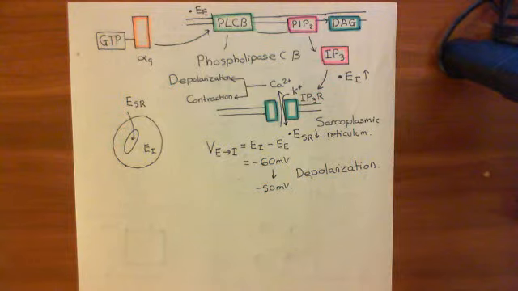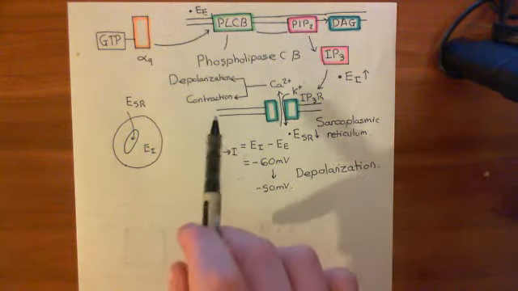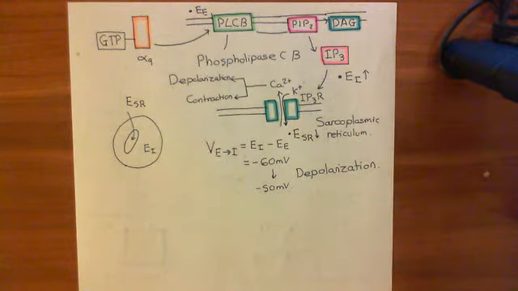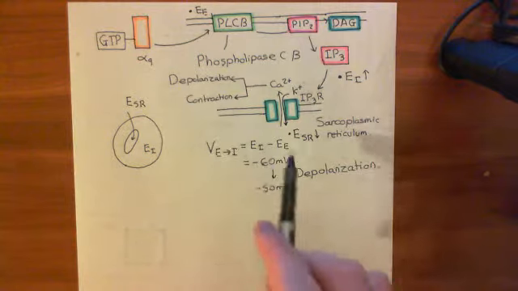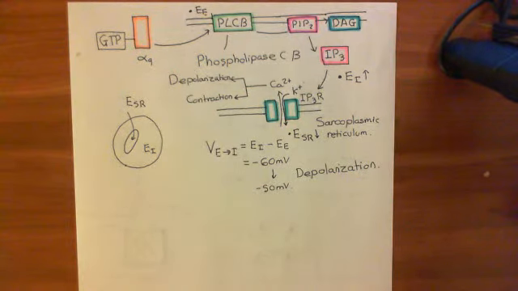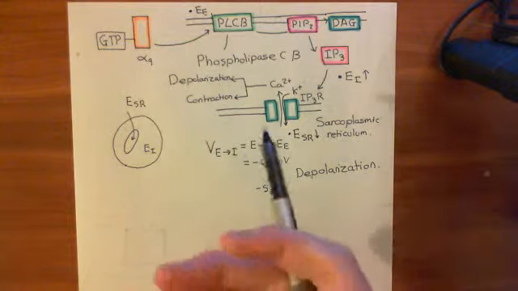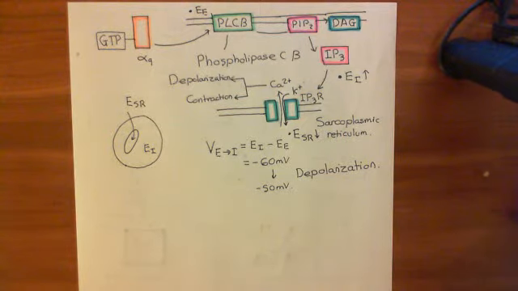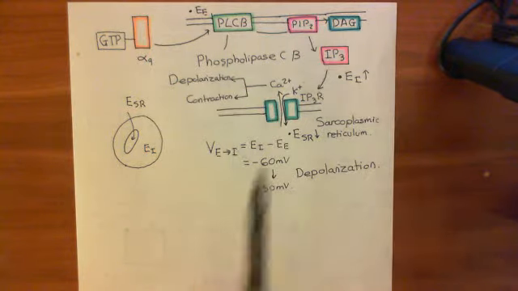Basically, I've been explaining to you how if you pre-treat a blood vessel with noradrenaline, or norepinephrine as it's called in the States, it's going to result in both contraction and depolarization of the electrical potential difference across the plasma membrane. Both of these are caused by the release of calcium from the SR into the cytoplasm of the cell. That influx of calcium causes contraction, and also because it carries a positive charge, it's going to raise the electrical potential